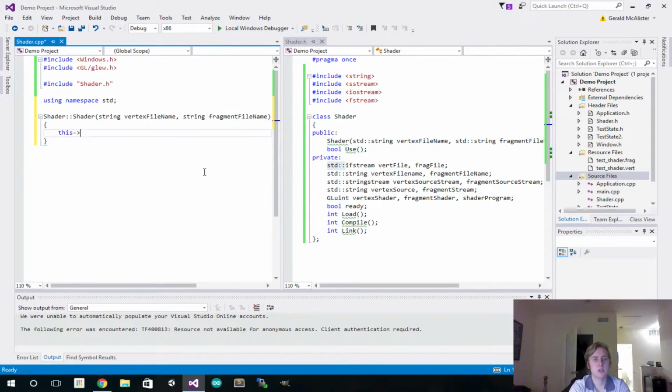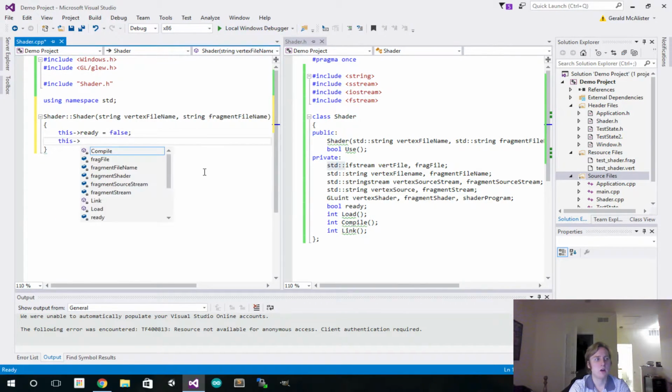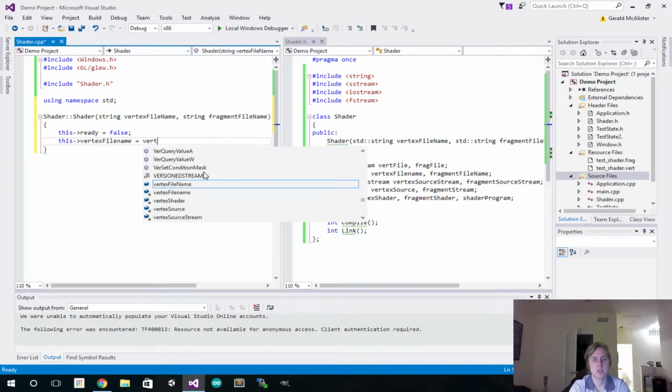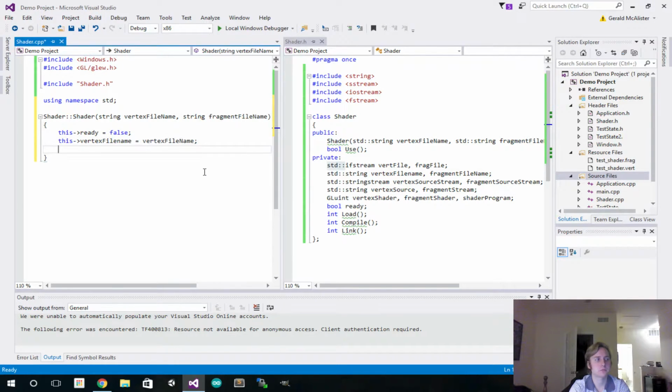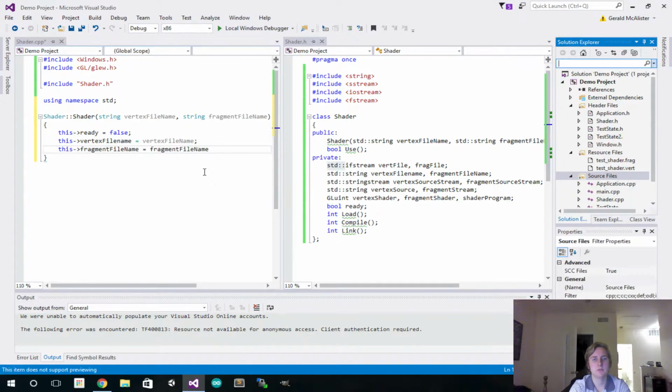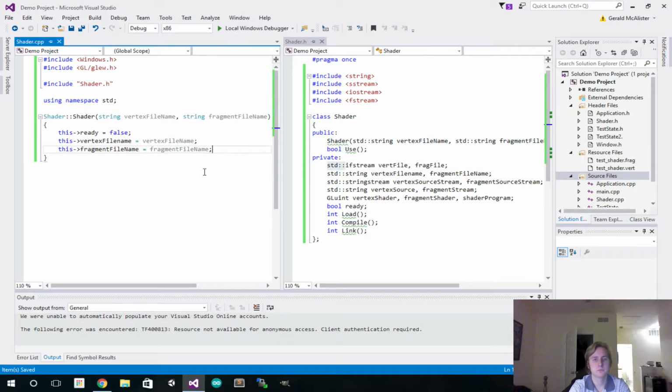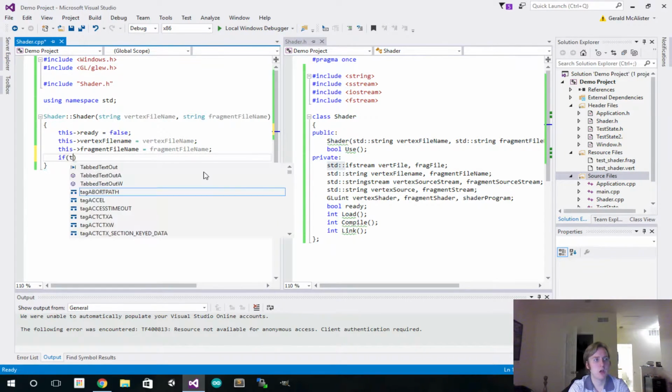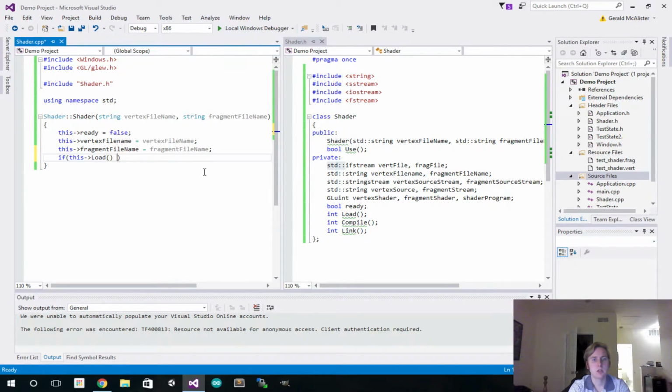And what this is going to do is set our ready variable to false, and then our vertex file name to vertex file name there. And then this fragment file name is equal to fragment file name. Finally, we're going to do if this load is less than 1,